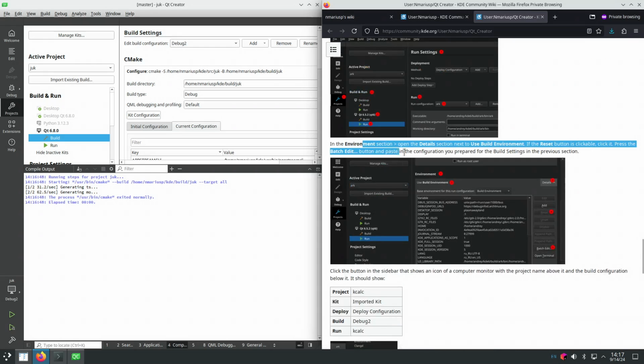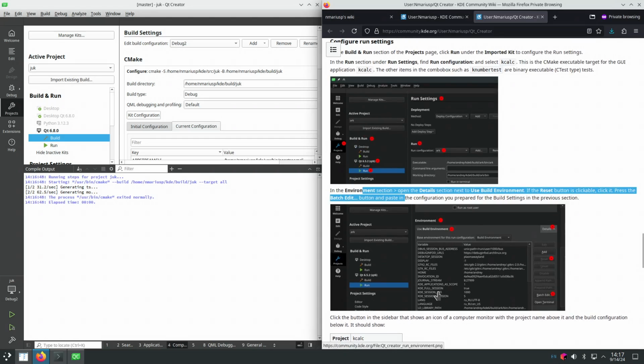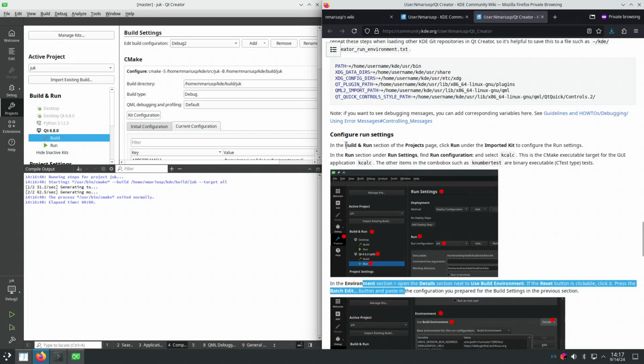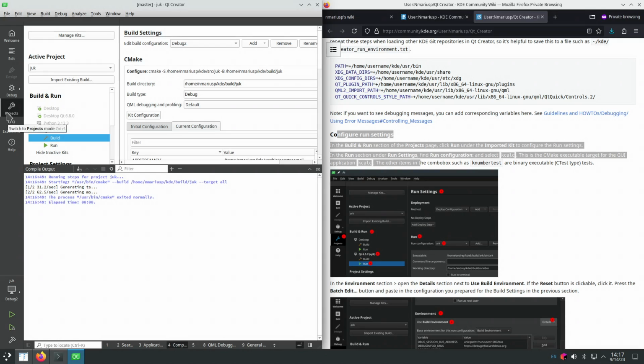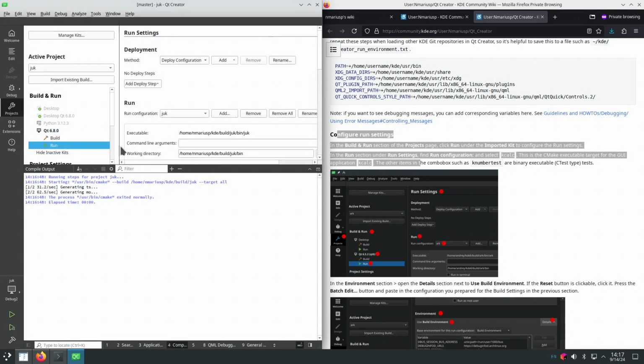In here. So configure run settings in the build and run section of the projects page. So this is the projects page, build and run, and then run, and then in here,